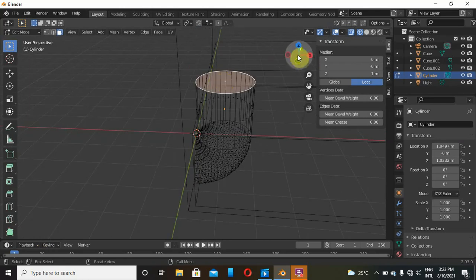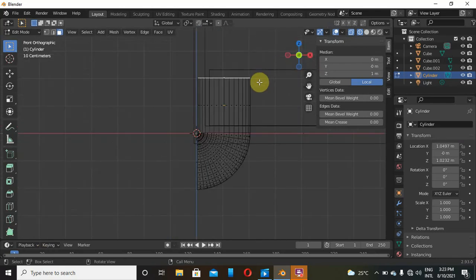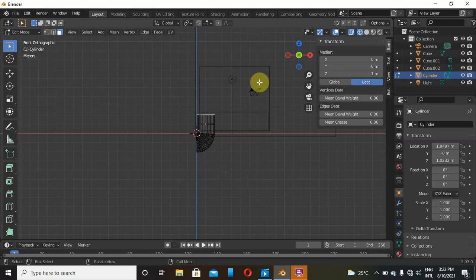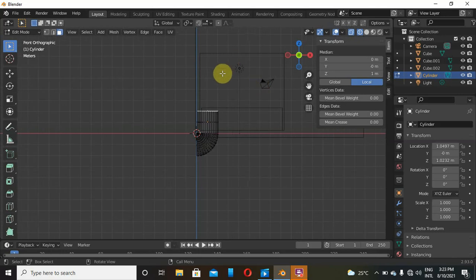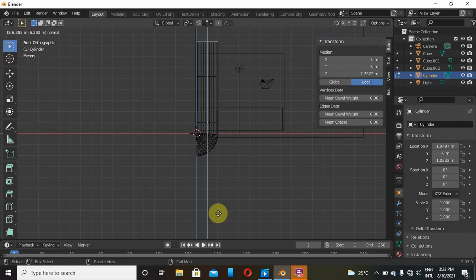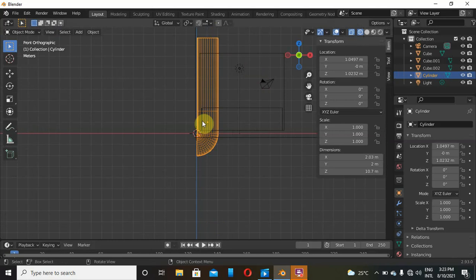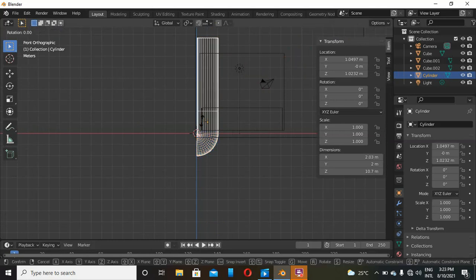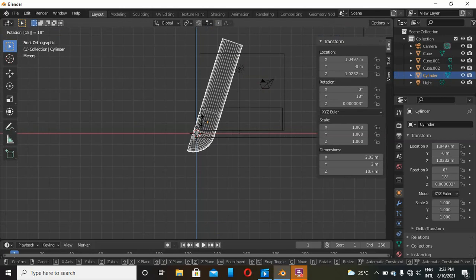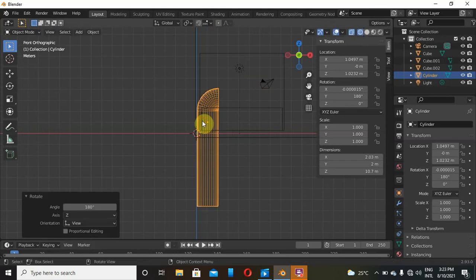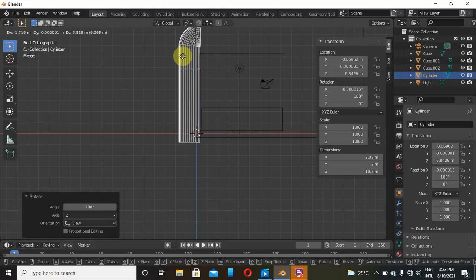and then go back to front orthographic, extrude, and just make sure that it is longer than the vessel. So E to extrude and bring it somewhere there. Now what we'll do next, go back to object mode, rotate all this 180, so R 180 like that, and then G to pick it, place it just somewhere there, yes,